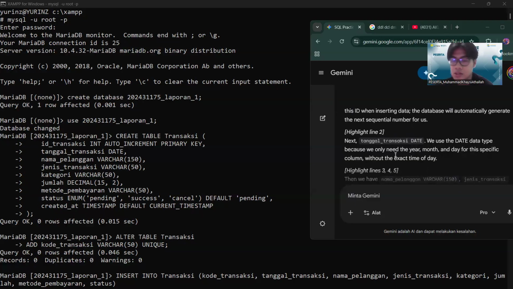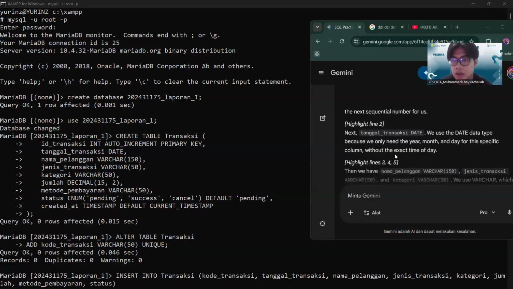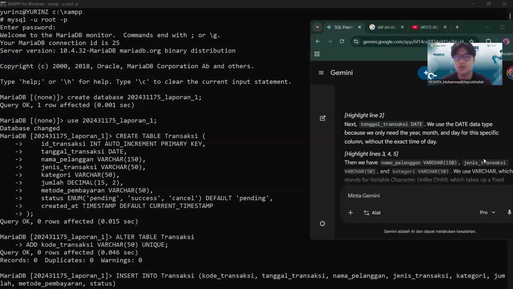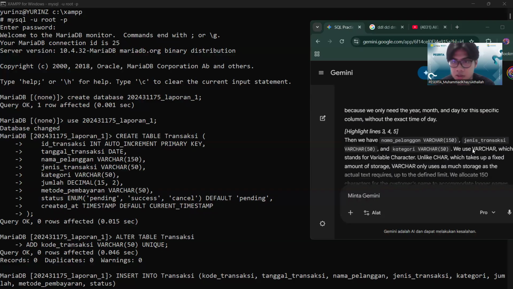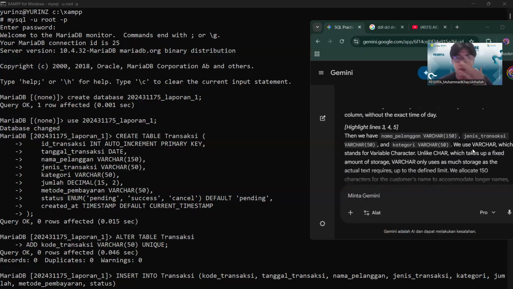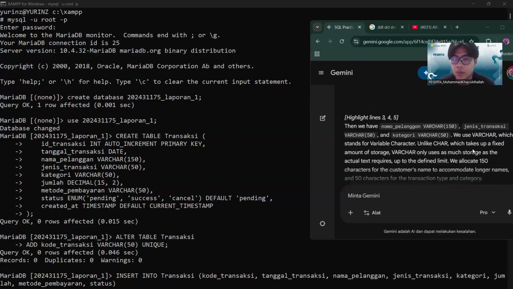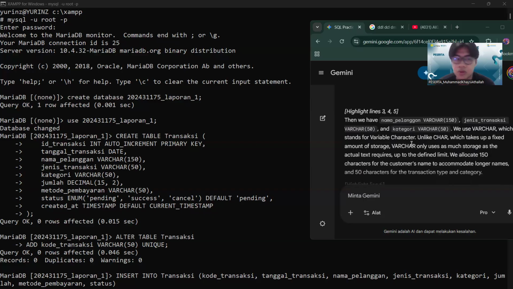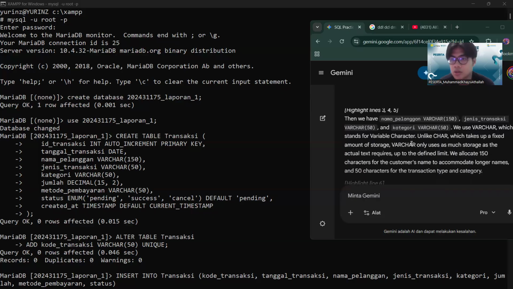And then the next is tanggal transaksi, date. We use the date data type because we only need the year, month, and day, not the exact time of day. And then we have nama pelanggan, or customer name. We use the varchar data type here. And then we have jenis transaksi, or transaction type.